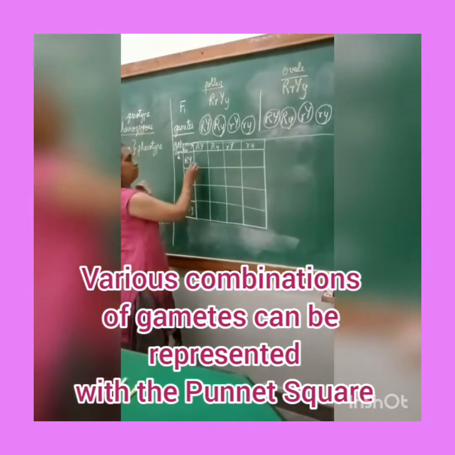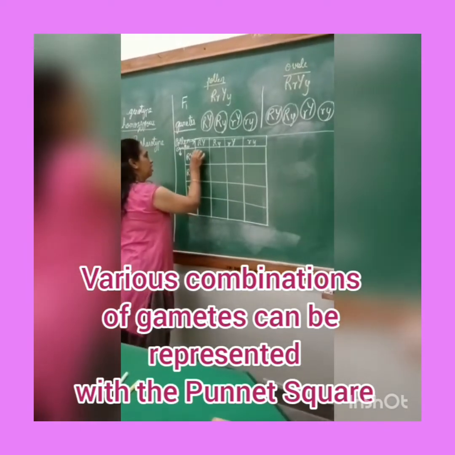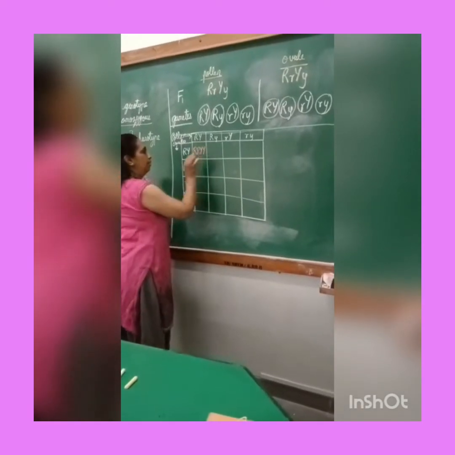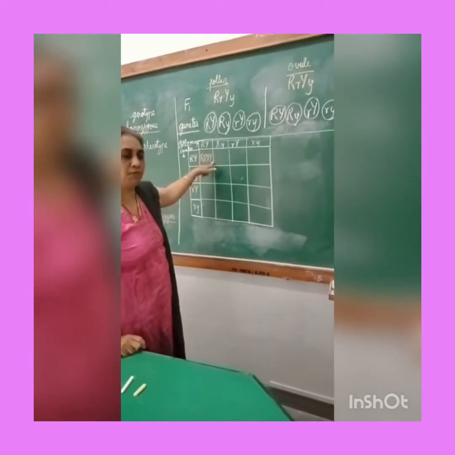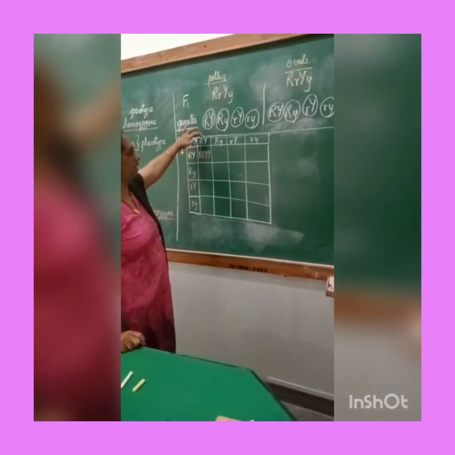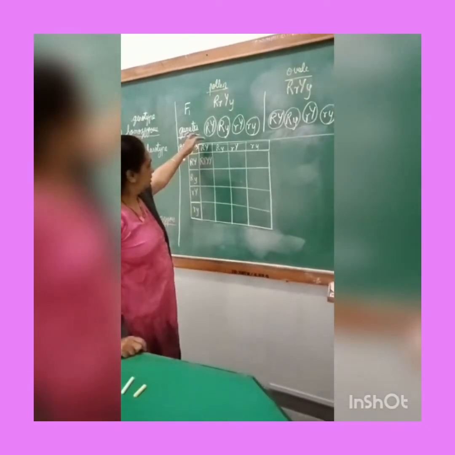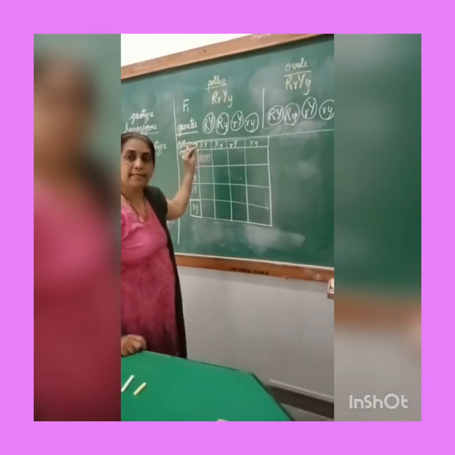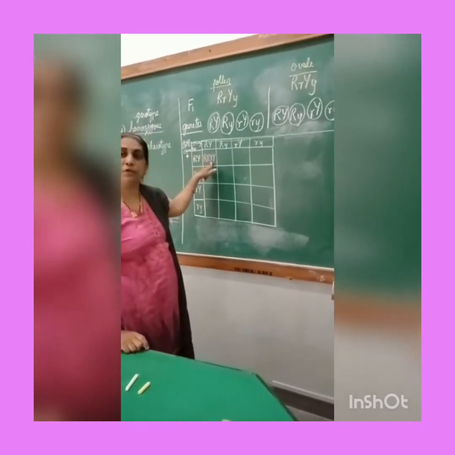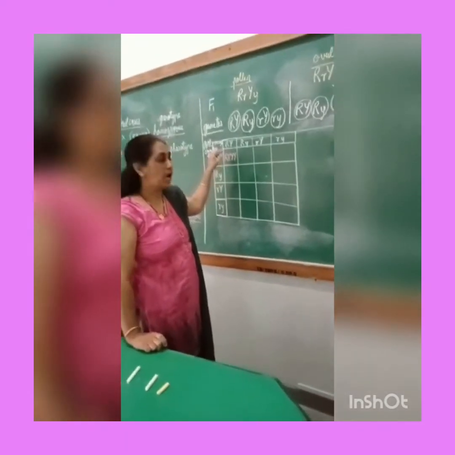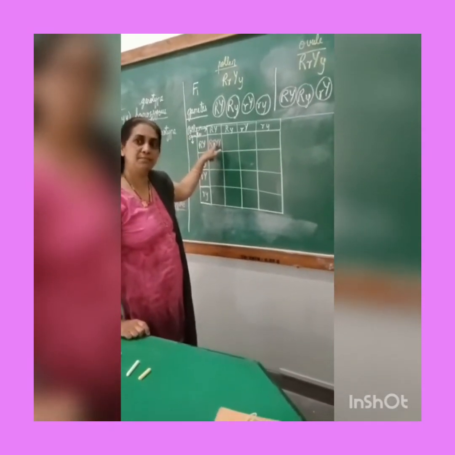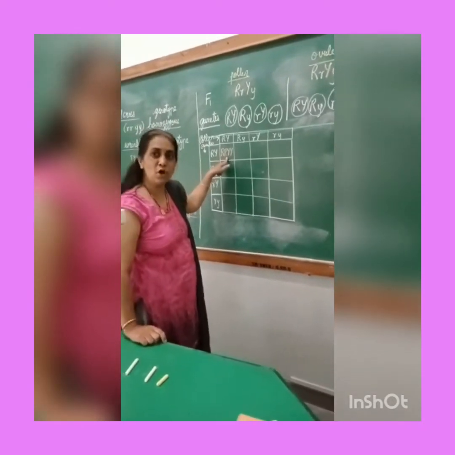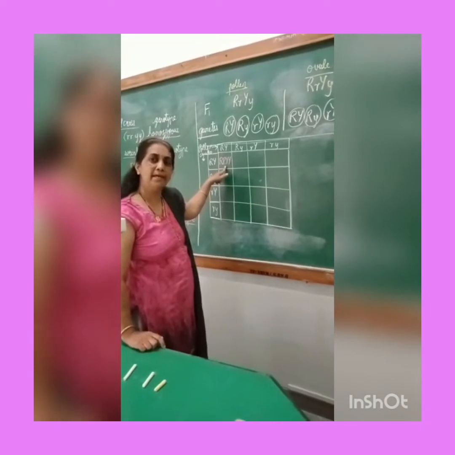Okay, so we will write the first outcome over here. The first outcome that I am getting is capital R, capital R, capital Y, capital Y. Okay, so if this ovule combines with this particular pollen grain, I will get a homozygous zygote, that is, dominant. All the genes are of the dominant type. So how will the seeds be? What will be the phenotype of this? It will be rounded and yellow, isn't it? All the seeds coming from this combination, they will be rounded and yellow.